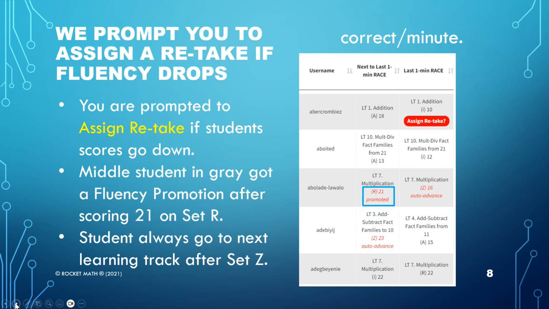On the Review Progress page, we will prompt you with this bright red button to assign a retake when a student's fluency drops significantly. This top student went down from 18 correct in a minute to 10. We know they can do better, so you'll see the Assign Retake button. That way they can replace their low score with a more accurate one. Also,